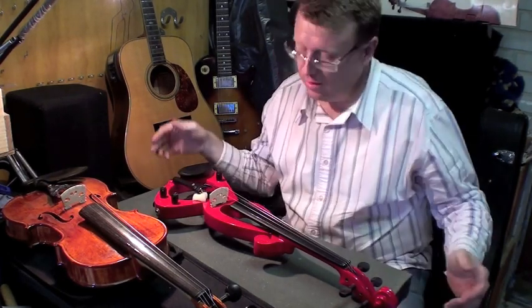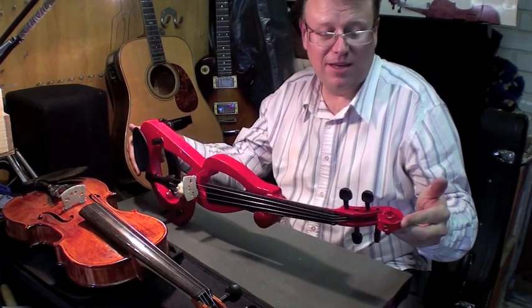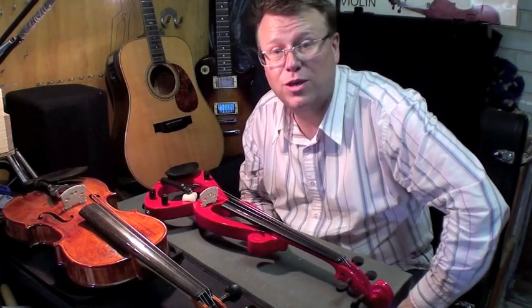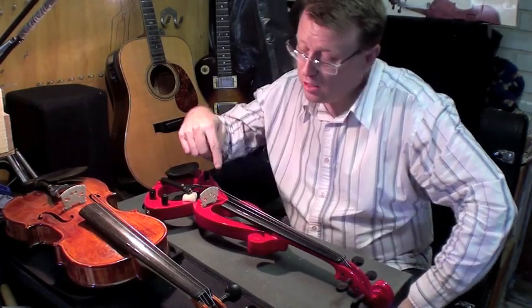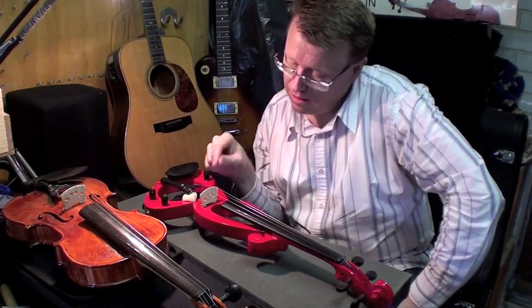So, welcome to the Sojing violin. It's a pretty cool little machine, and well priced, and yet you can be out there doing professional gigs. Good quality sound, nice little pickup. That's called a piezo pickup. So it's a silicon-based small pickup,